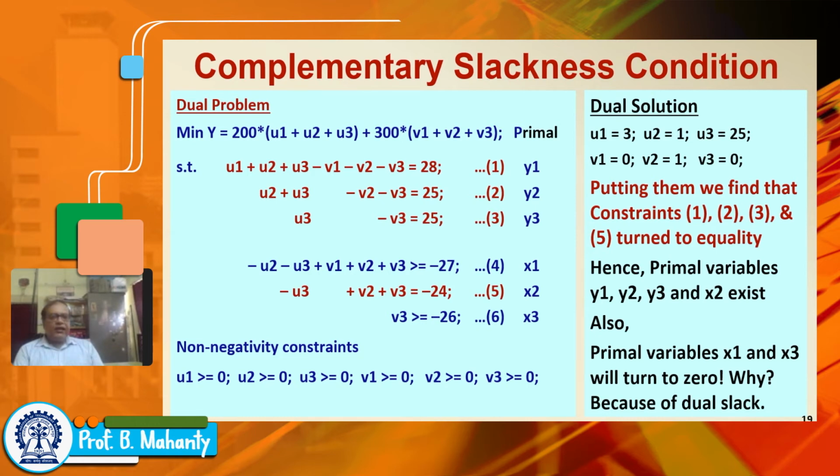See, if dual slack exists, the primal variable turns to 0, and if dual slack vanishes, the corresponding primal variable will exist in the basis. So this actually tells that y1, y2, y3 and x2 will exist, and x1 and x3 will turn to 0. So is it understood by everyone that the complementary slackness condition has been used here, and these come at the